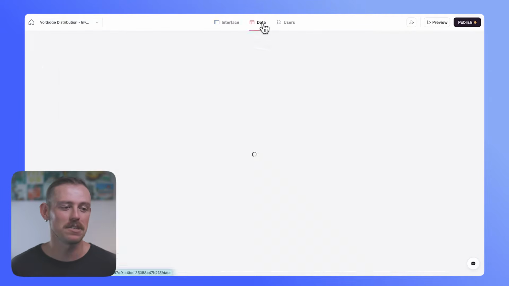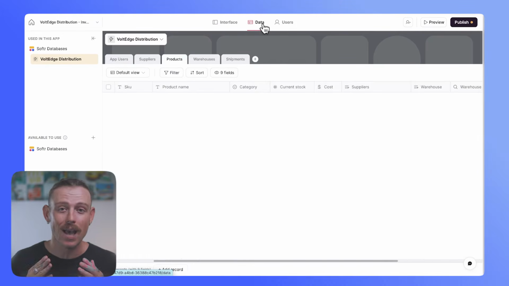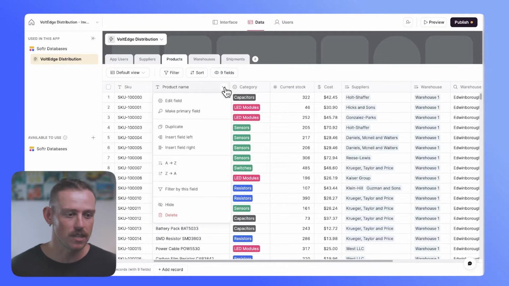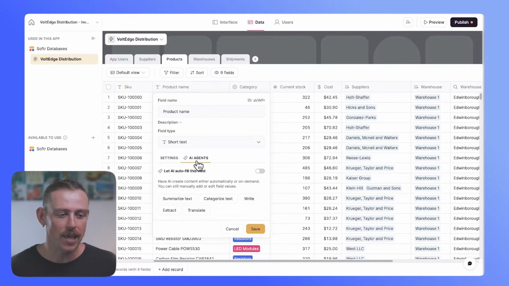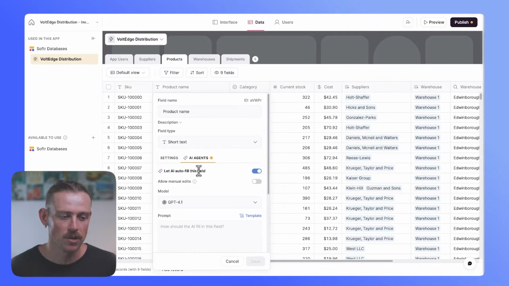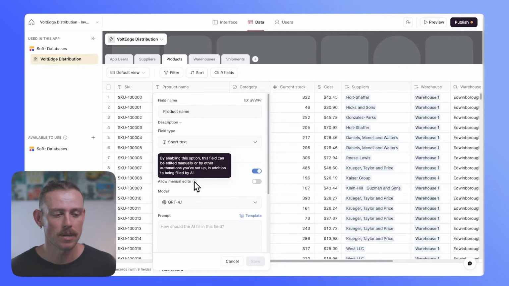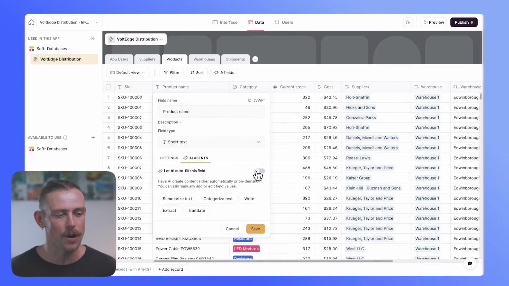So now in your Softr databases, you'll see the ability to add an AI agent field. Similarly, you can actually edit a pre-existing field like a text field here and enable the AI agents this way. You will want to toggle on let AI autofill this field, and you also have the ability to allow manual edits to still occur. Now I'm going to toggle this off and we're going to create a brand new field